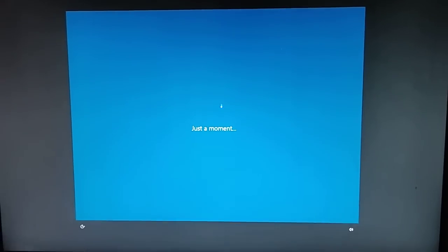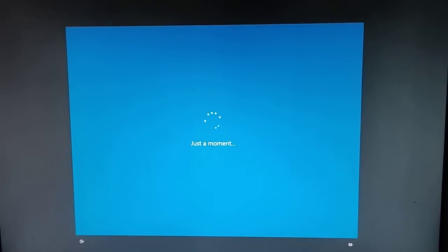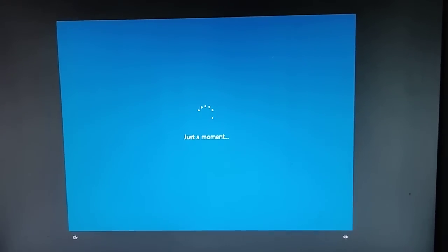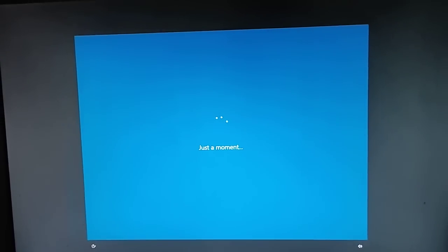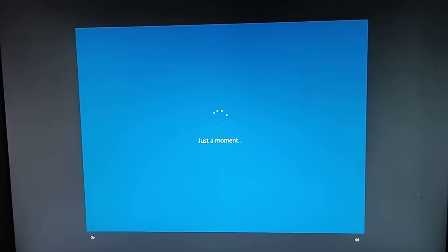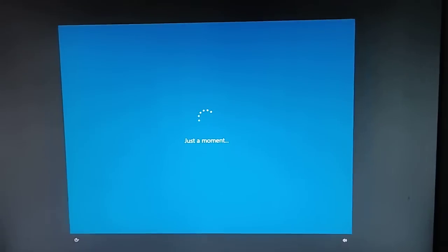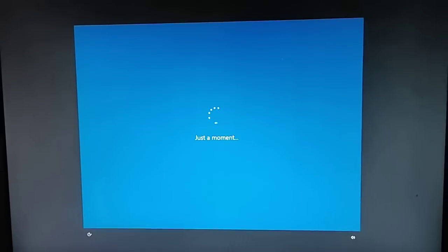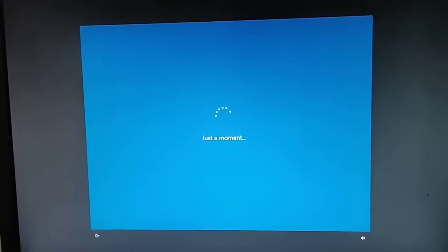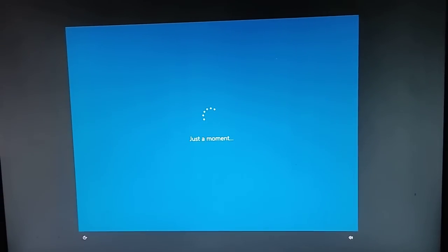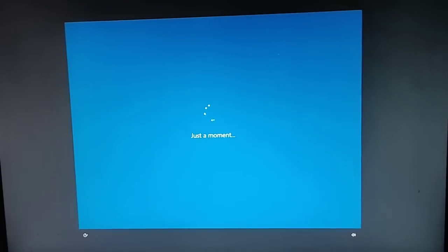don't shut it down, because when you shut it down, this screen will come again and you have to wait for 5 minutes to boot up to your desktop. So don't shut it down, just wait for it to boot up to your desktop screen. Okay,